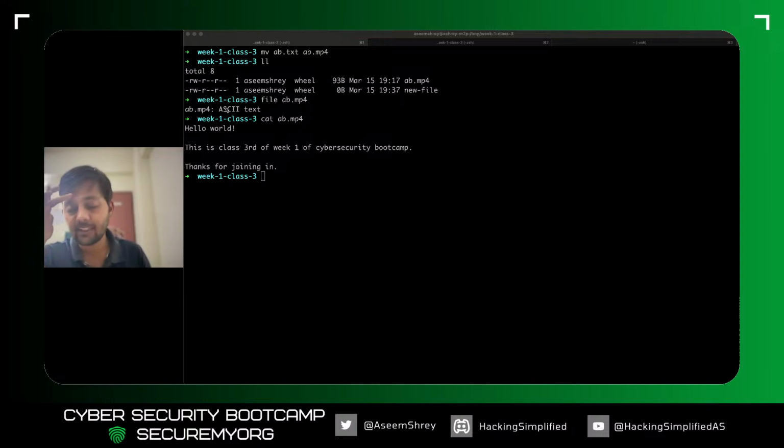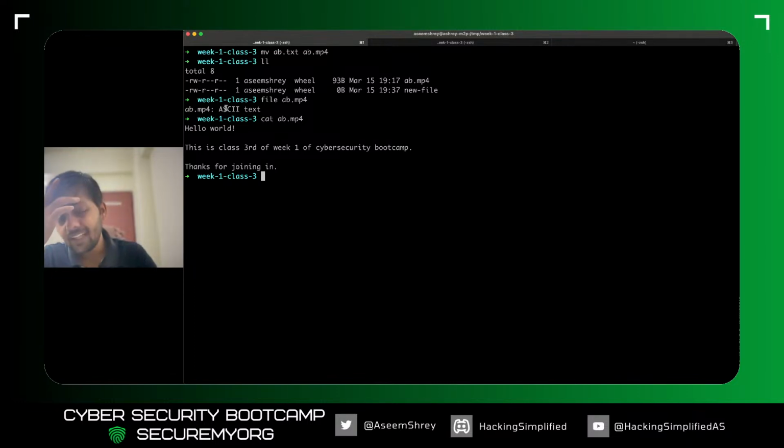So in the previous class, I also taught about how you can set up Gatsby, how you can use Git commands and all. Those would come handy in the next class when we are doing it. And also these commands that I'm trying to teach you would come handy when we'll try to use open source tools like FFUF and GF and maybe other dirbuster and all those kinds of things using the terminal itself. These Linux sessions would also be useful in your third week when we'll try to create our own recon infrastructure and do things like that.